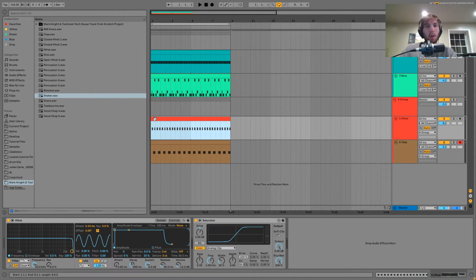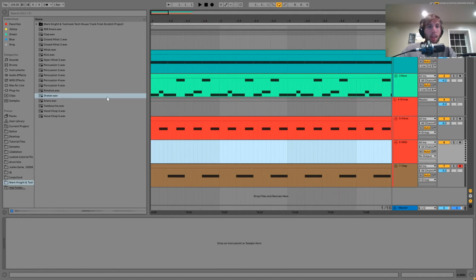shakers in here, where it's a little bit of a loop, but adding that gives you more of a lively sound, because you can't really get those sorts of percussions just by sitting there and programming it out. You're not going to get that kind of groove and swing that you get from sampling something that was recorded live. So that's the idea with this. And then I'm just going to take this and we're going to do